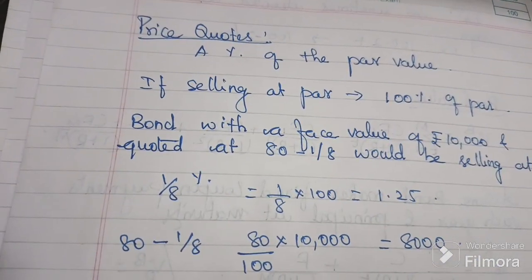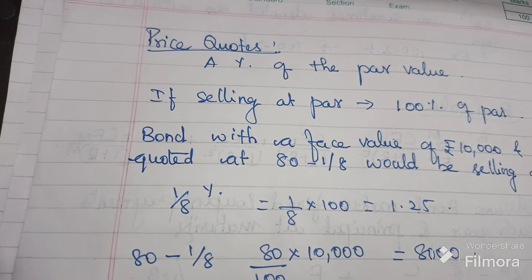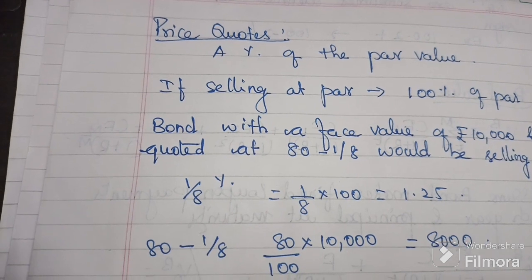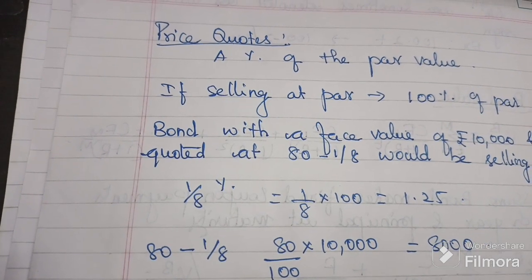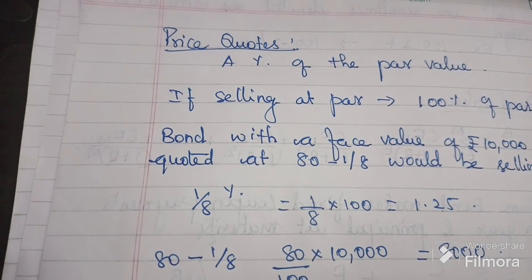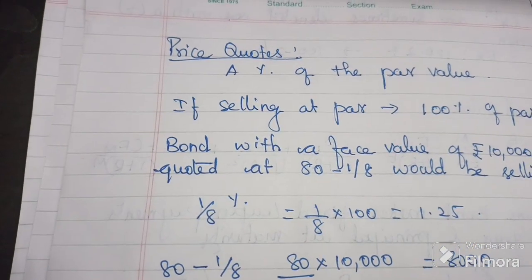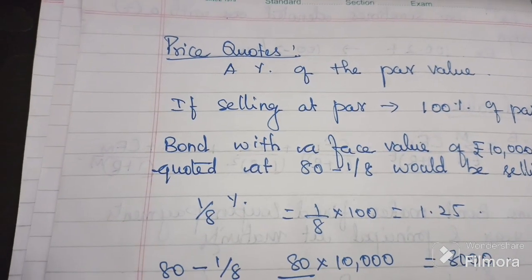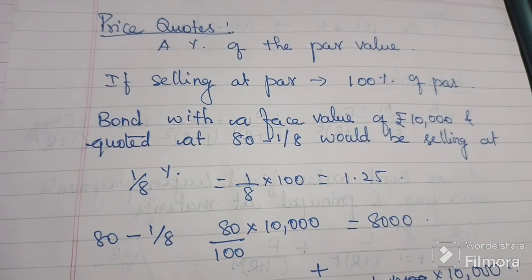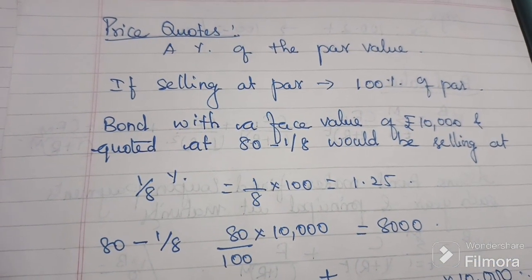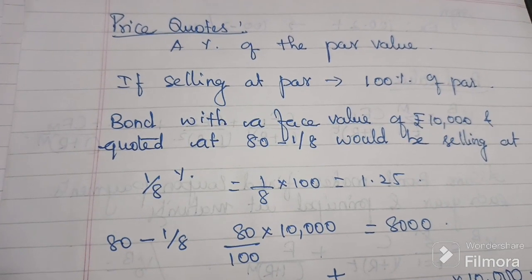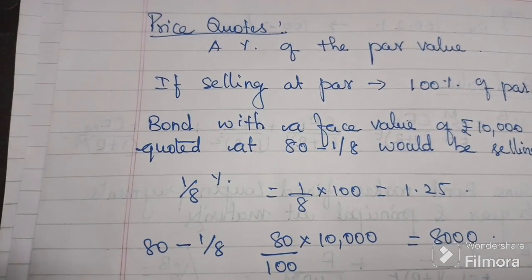the bond as a percentage of the par value. If the bond is selling at par, it means 100% of the par value, the face value. For example, if the bond's face value is 1000 and it is selling at par, it means it is selling at 1000 rupees. And for another example, if a bond with a face value of 10,000 is quoted at 81 1/8, then it would be selling at 81 1/8%,